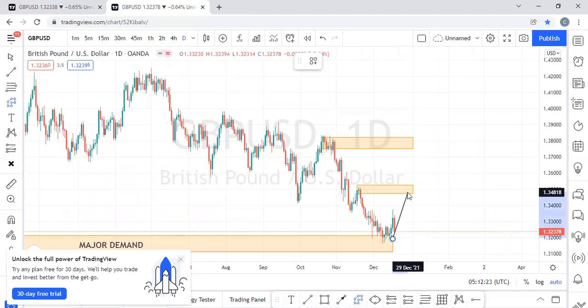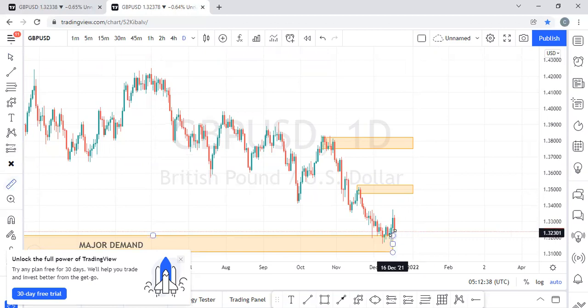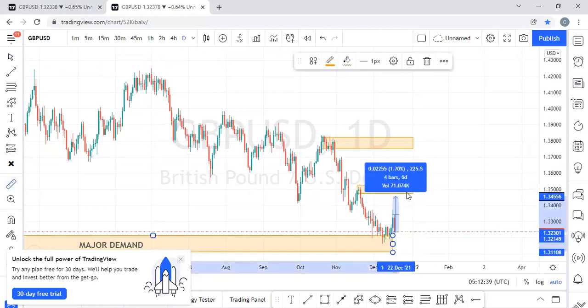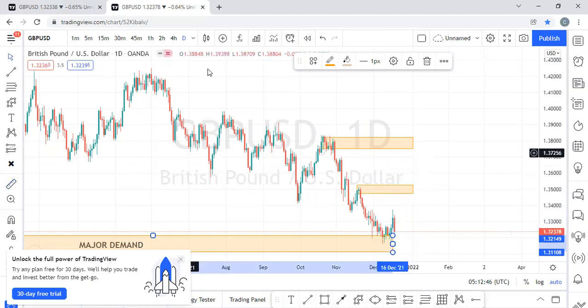And as you can see, this is more than 200 pips, or about 200 pips, right? Let me measure that. Let's see how many pips we are looking at from here into this zone. Wow, about 249 pips, right? So that's what we're looking at. We want to buy into this zone, and then if it breaks here, we're looking at this supply